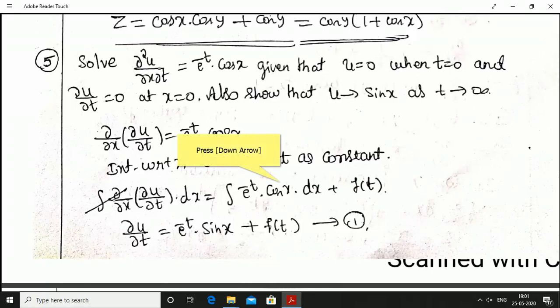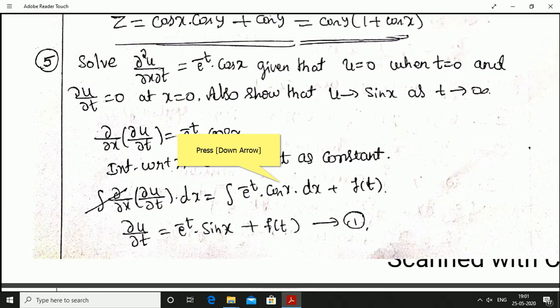Dear students, in this video, I'll show you how to solve the homogeneous as well as non-homogeneous partial differential equations. First, I'm taking the solution of the non-homogeneous partial differential equation. We are solving the non-homogeneous partial differential equations by direct integration. Already I explained how to solve the non-homogeneous partial differential equation. Here I'm showing you how to solve the problems.